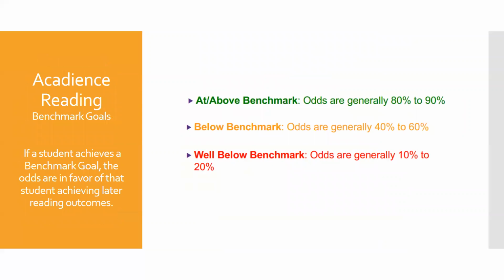At Acadience Reading, again, they use those colors to talk about the odds of our students making the benchmark the next time we give it to them. So for example, those green kids I mentioned that people sometimes refer to, students that are receiving scores at or above benchmark, the odds of them getting to benchmark the next time that we check their reading outcomes is generally about 80 to 90%. Whereas you can see that percentage significantly decreases depending on their